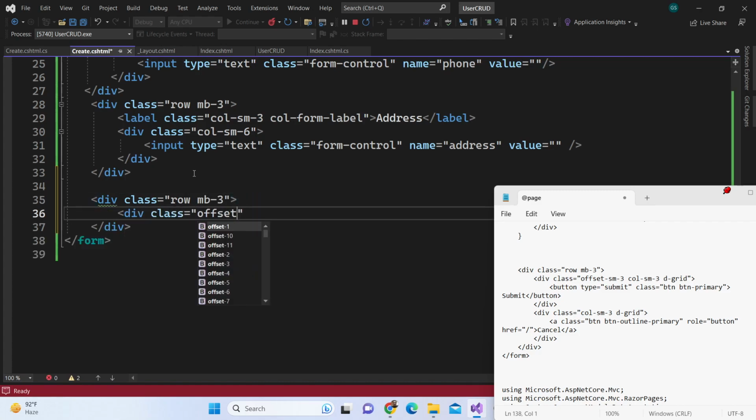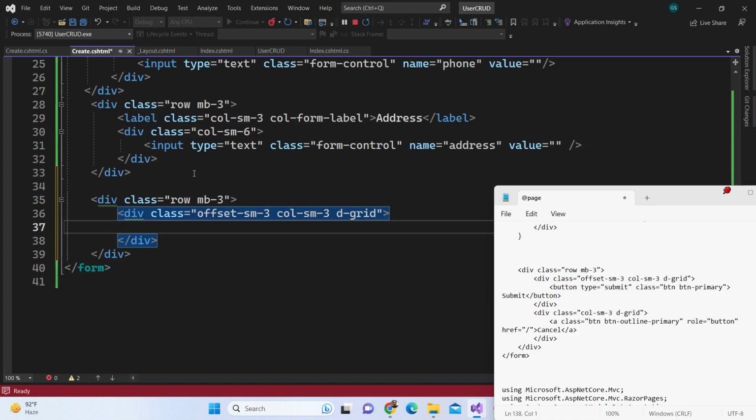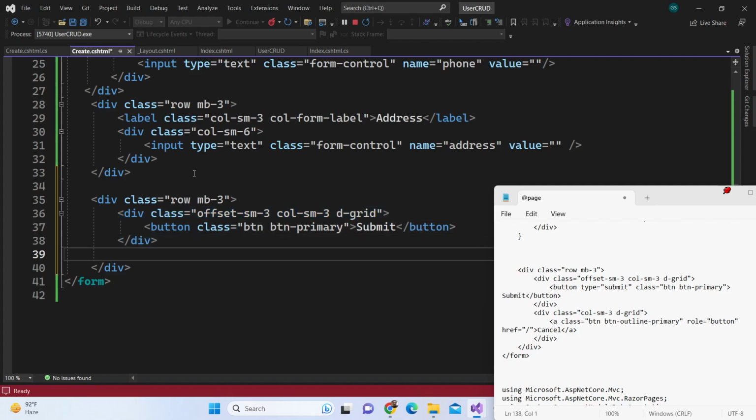We will provide these classes, guys. These are all Bootstrap classes. You don't need to know all these classes. We are just using Bootstrap for styling purposes. This button will simply submit the form. We can attach this btn primary class. And secondly, the second button we will have is